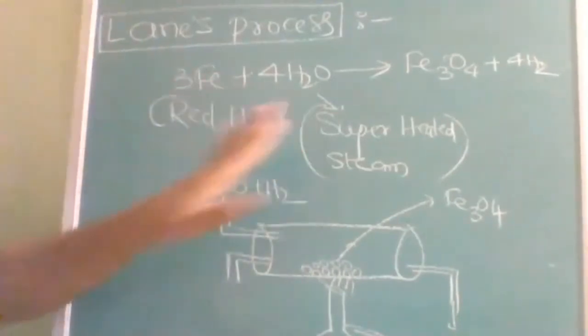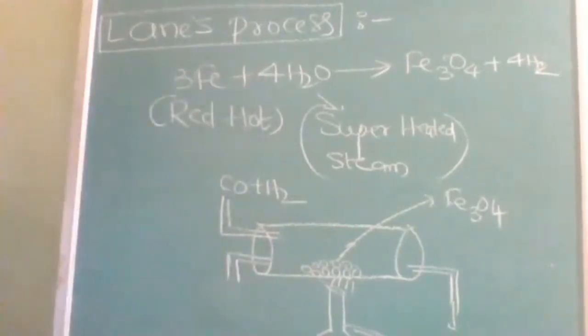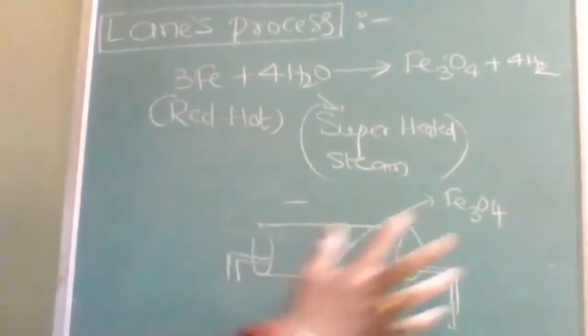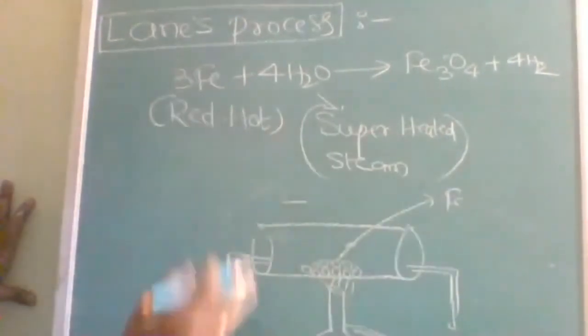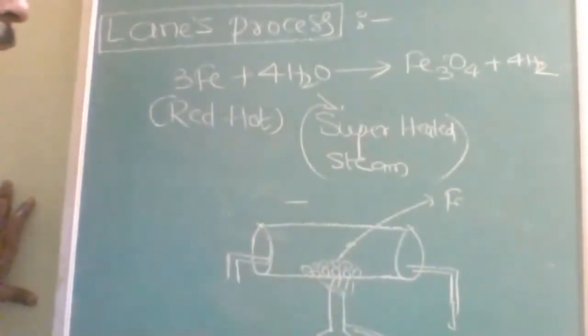I think this you have already noted. First diagram and first reaction, you note down. Then I will draw this diagram again. For the time being, you should make it as Fe only. Okay. So after the second reaction, I will tell you the second stage, so that your notes are clear.